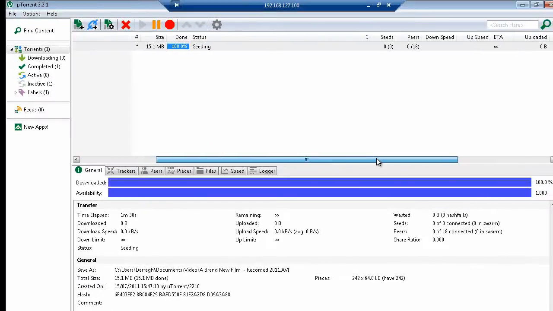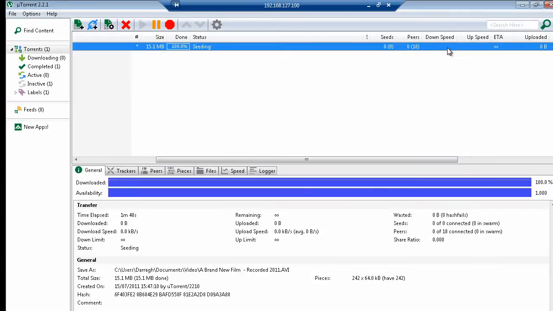So let's just scroll across here. We still have those 18 peers connected and no data is moving up and down at the moment, but my film is there now and it is being shared. So let's take a look at one of these notices that people get in the post requesting them to investigate who is uploading or downloading illegal material on their